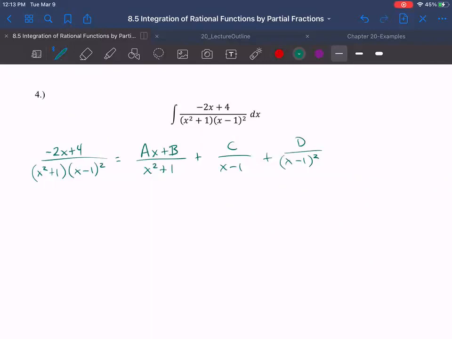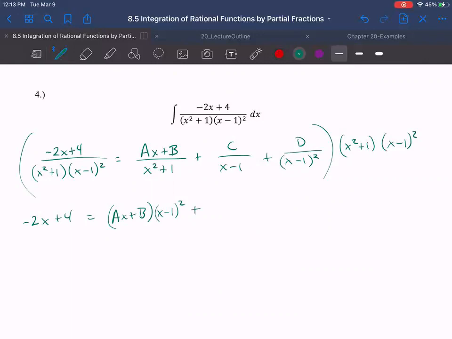Everybody with me? All right. So now we have to multiply everything by the denominator, the x squared plus 1 times x minus 1 squared. That's going to give us negative 2x plus 4 equals, and then we're going to cancel out the x plus 1. So this is ax plus b times x minus 1 squared,